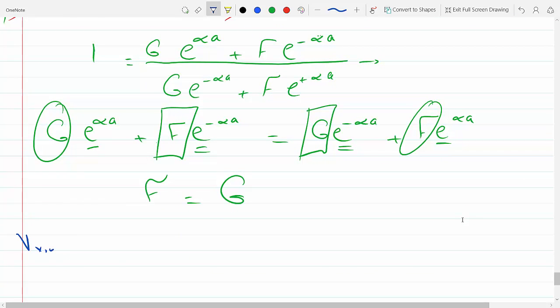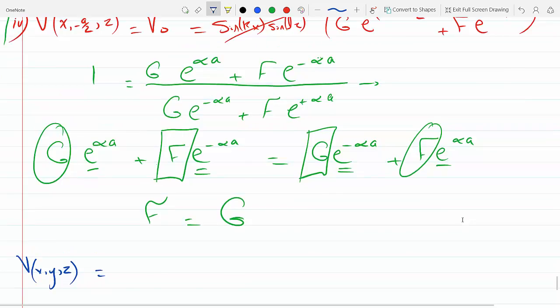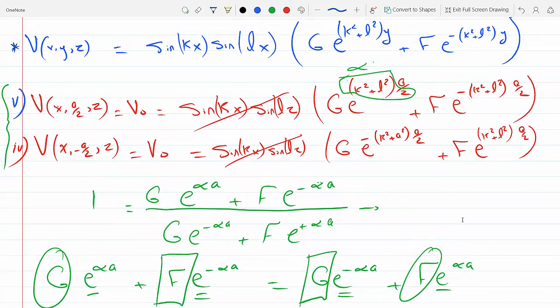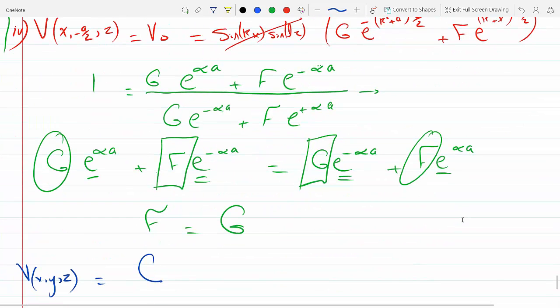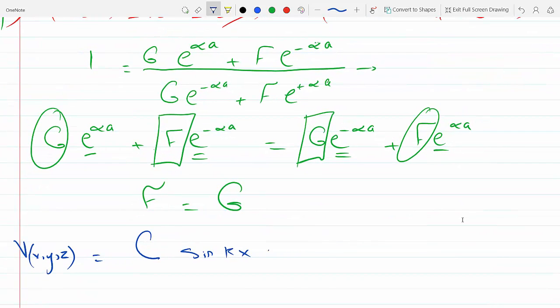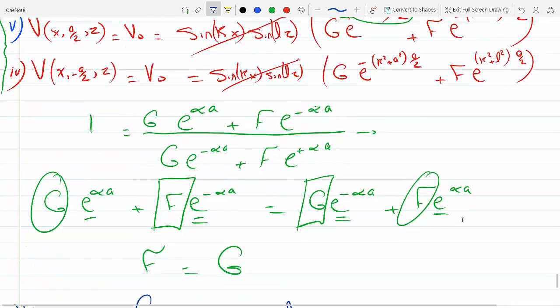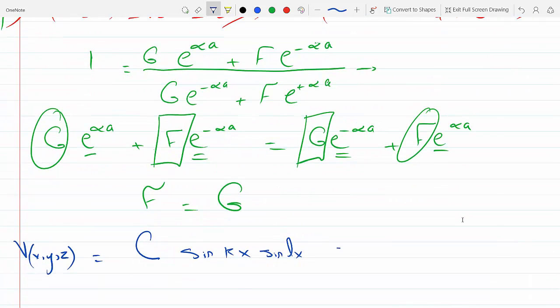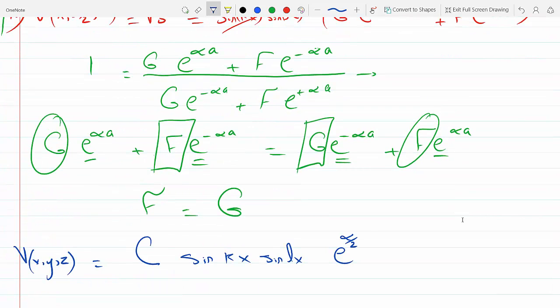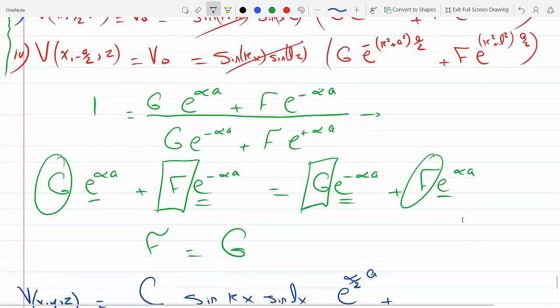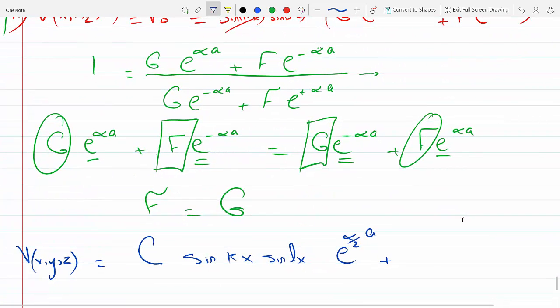So V(x,y,z) has to equal... now I can lump these two into one coefficient, and I'm going to call it C, and sine kx, sine lx, I'll put those l's in case later, so we don't clutter this now. E to the alpha over 2a plus e to the minus alpha over 2